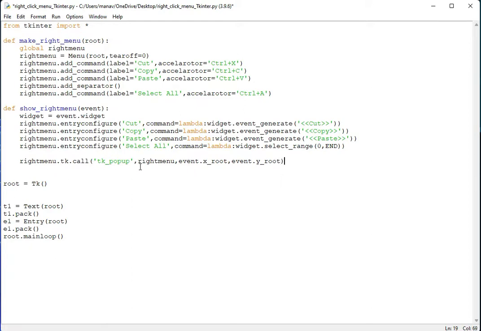Okay, so this will be popped out at the cursor position. Okay, so we have done these things. Now I have to call this right menu when the user clicks the right button of the mouse. So what I will do, I will just come down below at any place, and I will use root dot